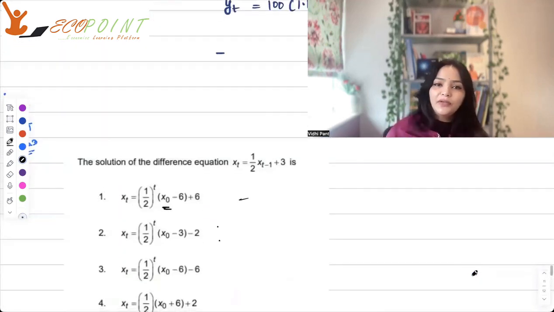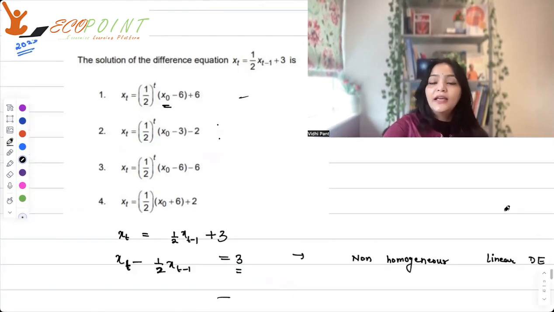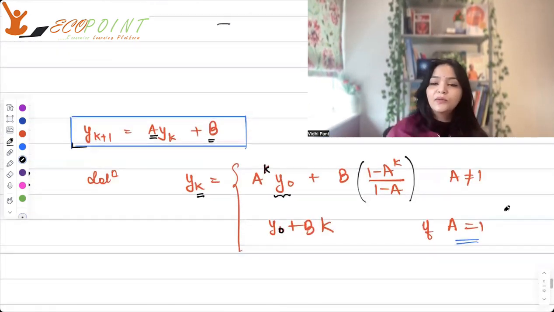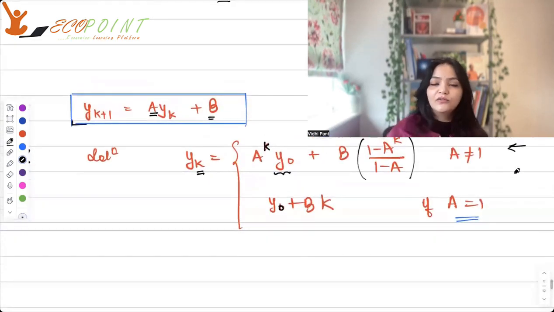Now what we have here, compare what you have. What you have is xt equals half xt minus 1 plus 3. That means our a is half and b is 3. A is not equal to 1. So what we will be using is this. So what will our solution be? Our solution will be